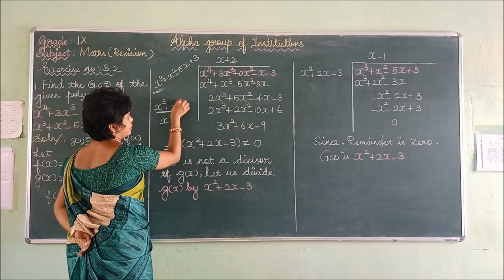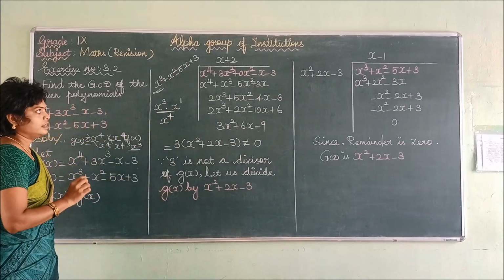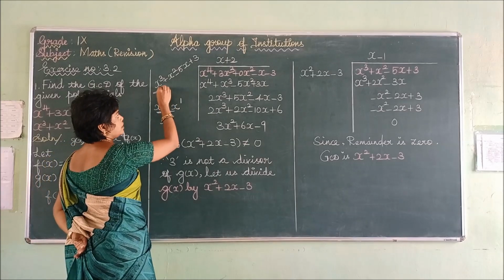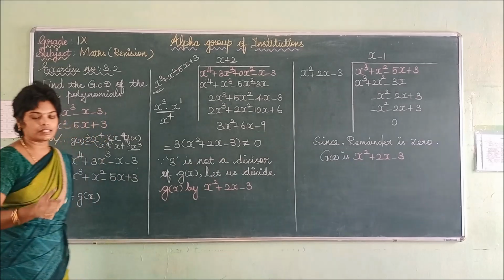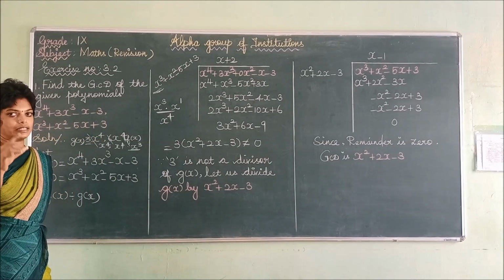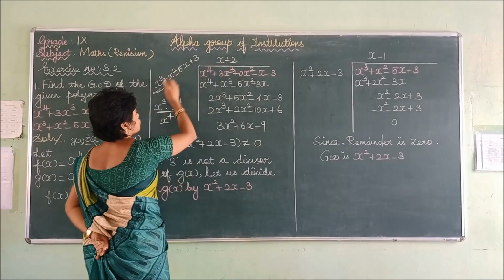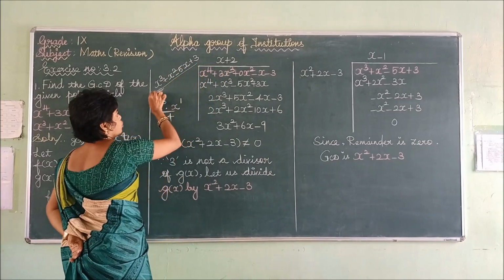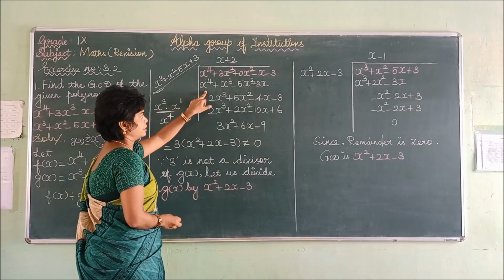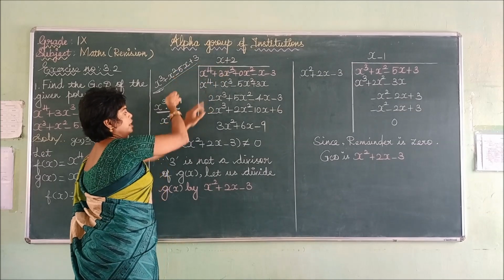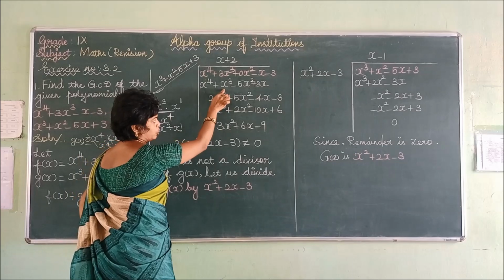Both the bases are the same, so you can add the powers. Already 3 plus 1 is 4. So listen once again. When this x power 3 changes to x power 4, if you multiply that value with x only, it remains as x power 4. So likewise you can keep x first. With this x you can multiply the full term and write that. So x into x cube is x power 4, x into x squared: add the powers, x cube.